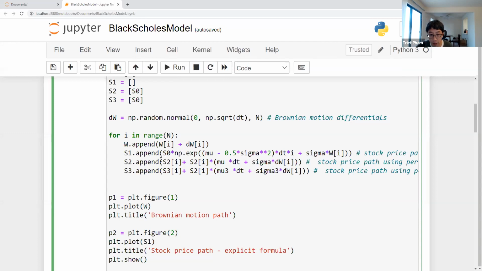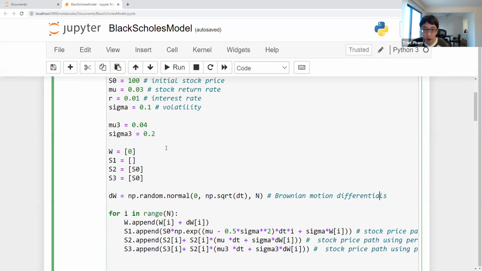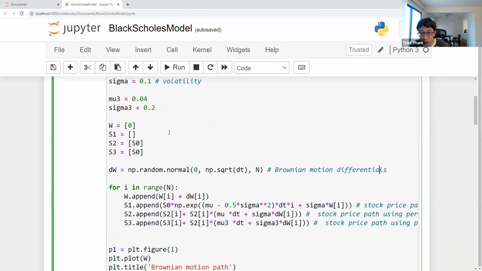But the alternative way is the differential way, where you see I keep adding. This is what I told you. The new stock price is the old stock price plus its differential. What is the differential? It is the previous S_t times mu dt plus sigma dWt. Okay. So the point is to show you that these two price paths are the same. I mean, not the same, they should be very close when dt is small. That's the whole idea of calculus.